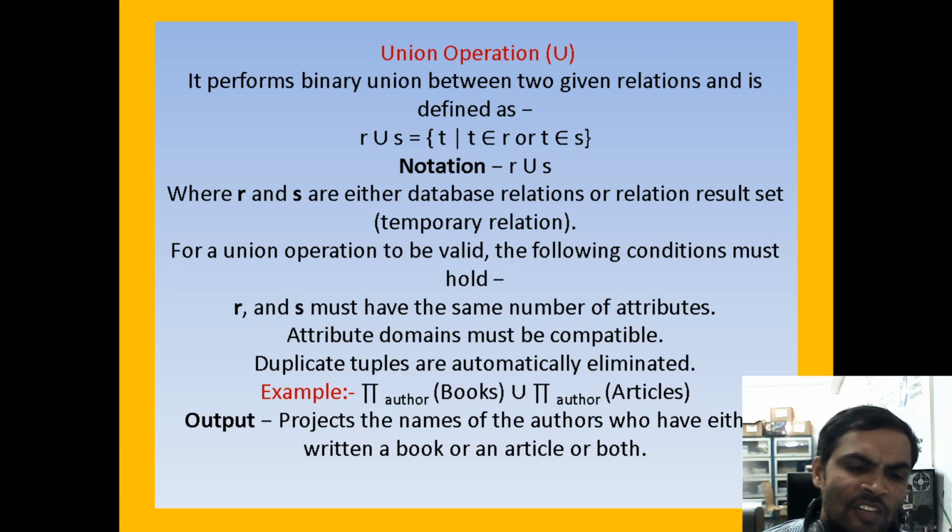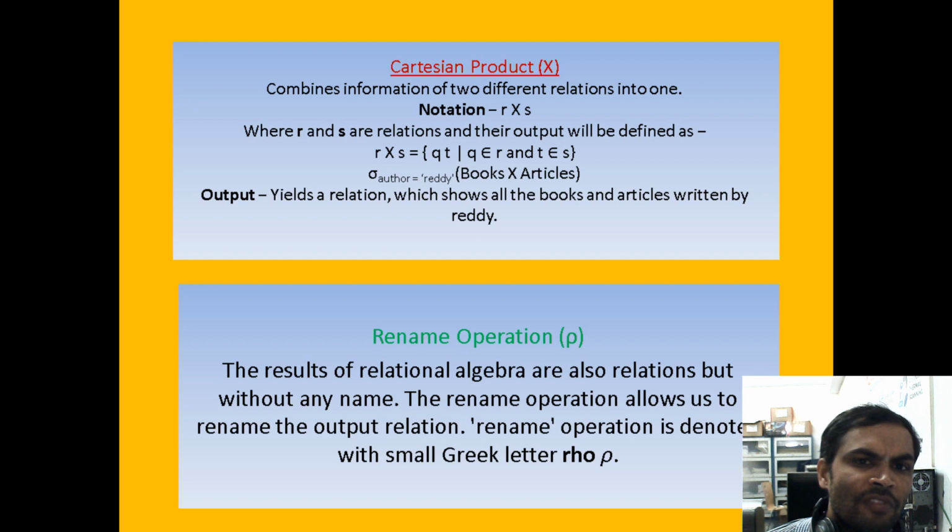From the first and second unit, what scenarios and what operators we are using, we will see in live examples. Next we are going for the Cartesian product. Cartesian product means a combination of information from different relations. When we use the Cartesian product, in the from clause we pass more than two tables, and only then is the Cartesian product possible.